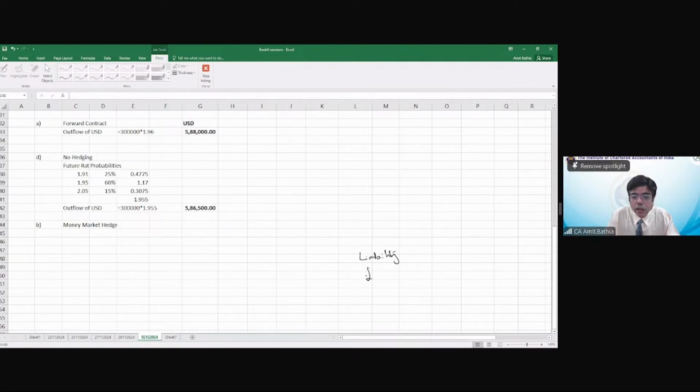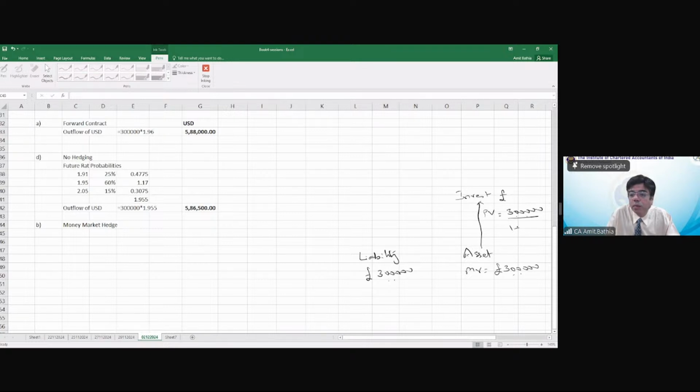How much is my liability? Pound 300,000. In order to meet this liability, I need to create an asset, right? This asset should have how much maturity value? Pound 300,000, so that it will be able to take care of the liability. Am I right? Yes, sir. If I want this asset, I need to invest some money, so I'm going to invest something over here in pounds. How much will be the present value over here? This will be 300,000